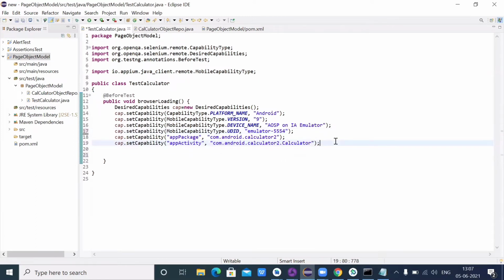Now at last I want to launch that URL with the help of Appium. So for that I will take a new URL.